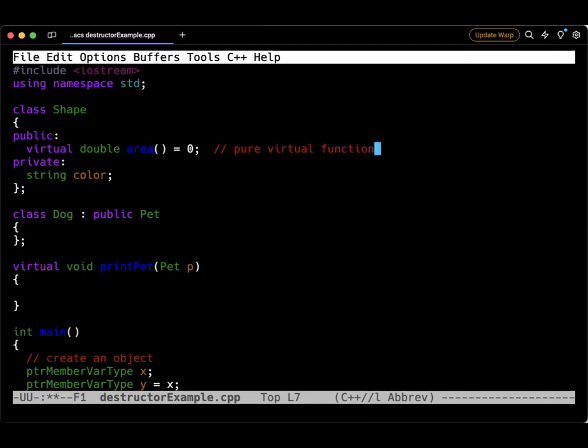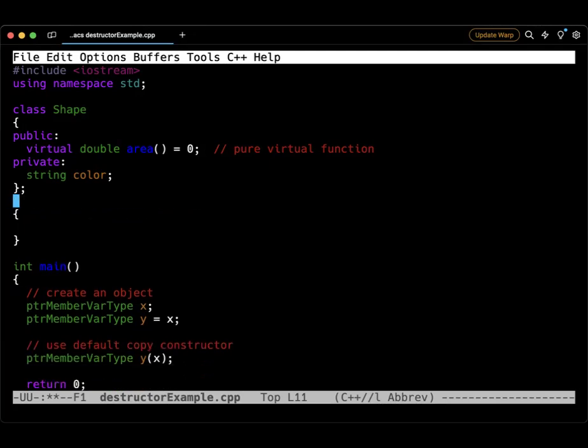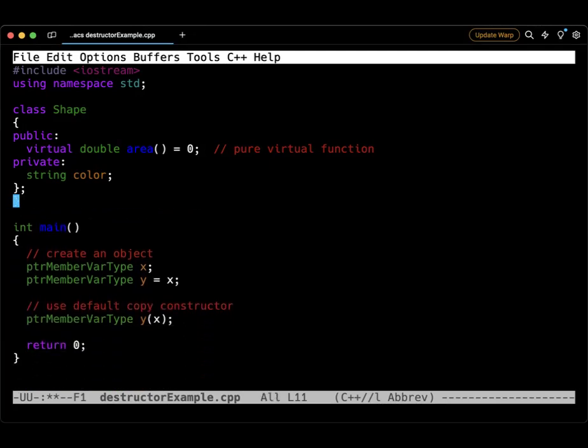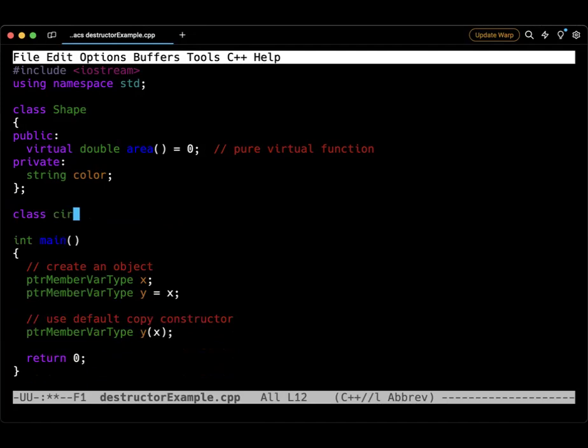Okay. So what that means basically then is that the shape object, so an object of type shape, doesn't have an area. There's nothing there really. It's undefined. But every time I create something derived from that, so if I were to create class circle public shape,